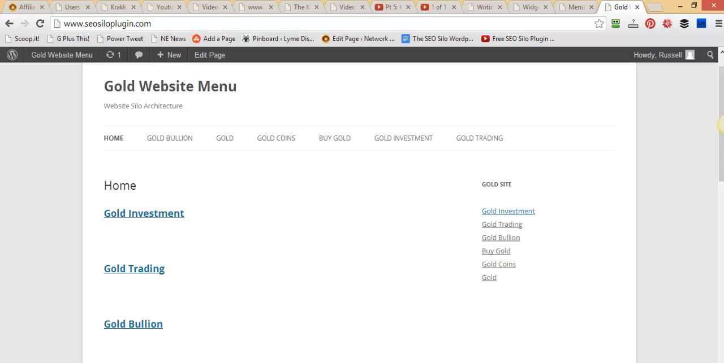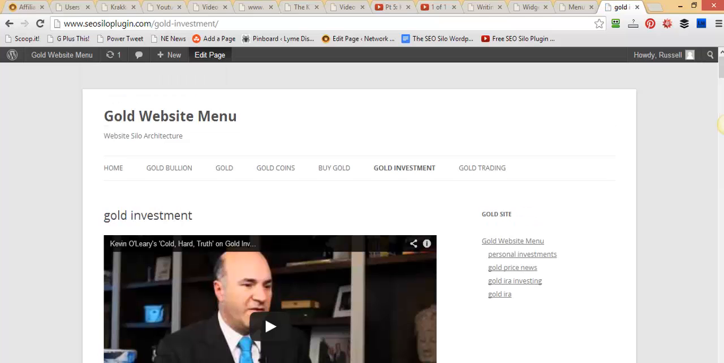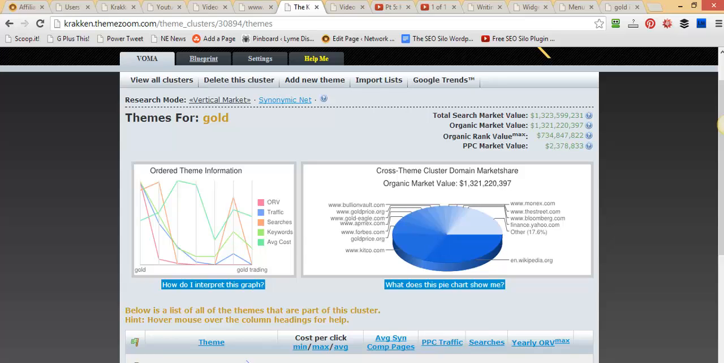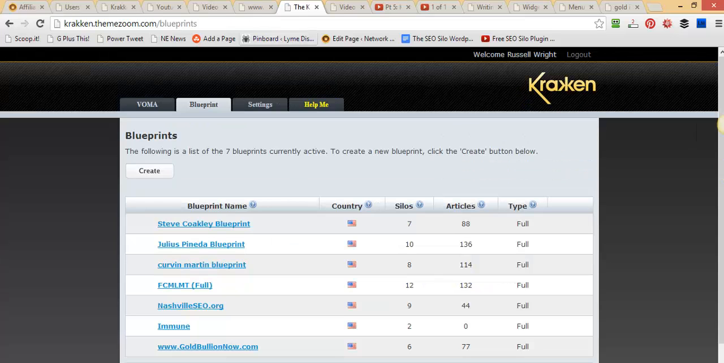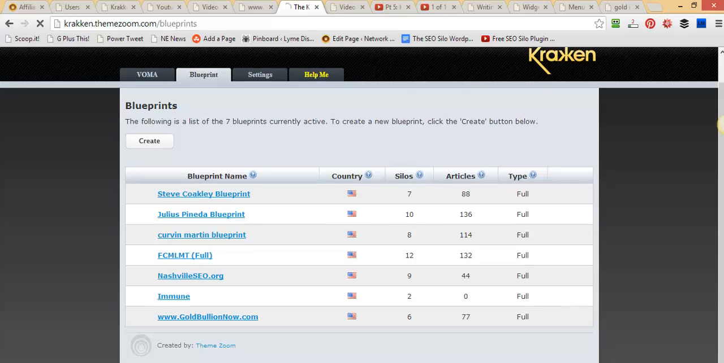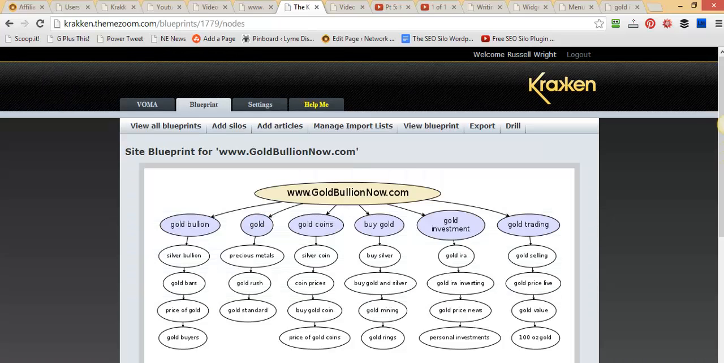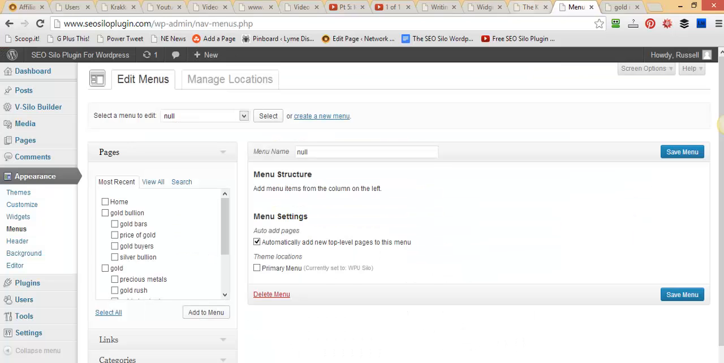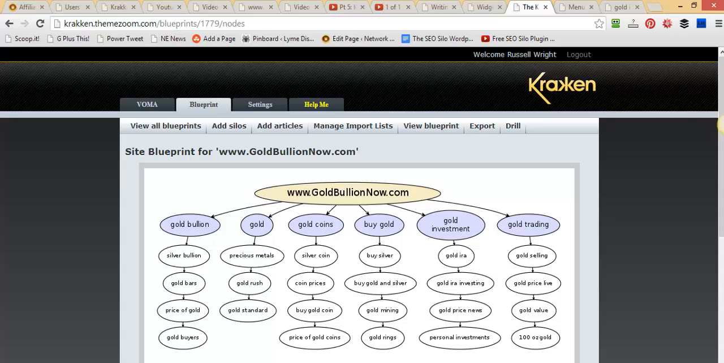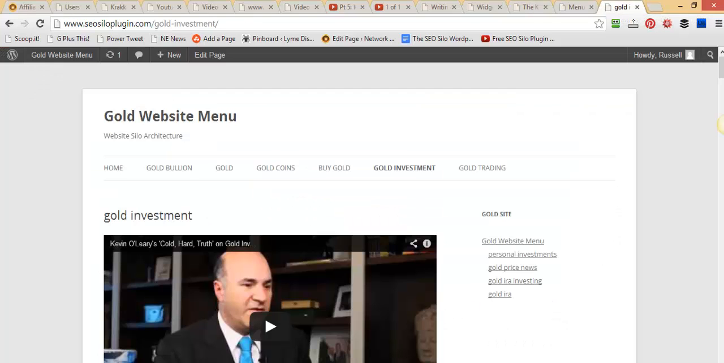So what's great, if you click on gold investment, which is one of the words that we chose, you probably remember over in Krakken. If you go back to the blueprint, let's hold some of these side by side so it makes more sense. Our fictitious site was goldbullionnow.com. Let's pull that over here by the menu so you can see how quickly we made that. You can see there's gold bullion, gold investment, and gold IRA, which is one of the sub-articles that was recommended by Krakken to be positioned underneath gold investment based on its hierarchy, its cost and value, as well as its co-occurrence. So you can see that if you go to gold investment, which I think we're on right now,